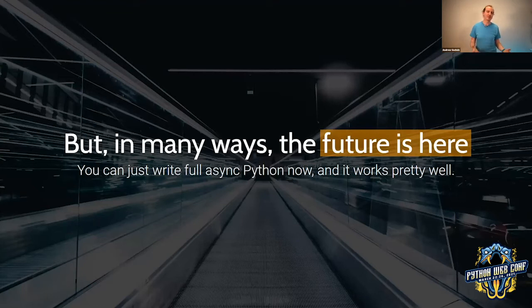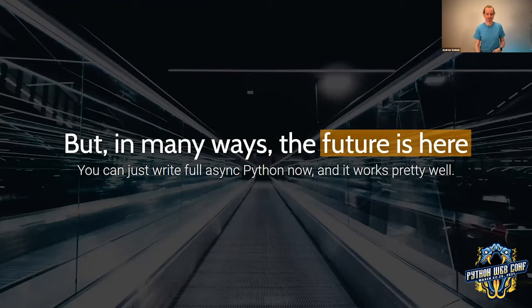You can just write fully asynchronous Python now, and it does work pretty well. Databases are adding support. It's not all the way there yet. And of course, intermediary things like SQLAlchemy or Django's ORM haven't added it, and in some cases won't add it. It's just a lot of work to do. But it's a thing you can do in theory. And Django even gives you some helpers: if you want to run some ORM stuff, we have a way of wrapping it sensibly at least,